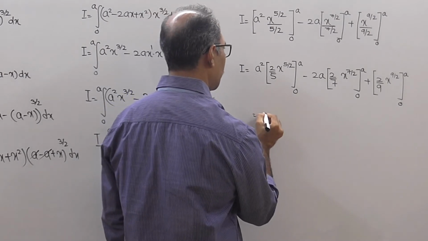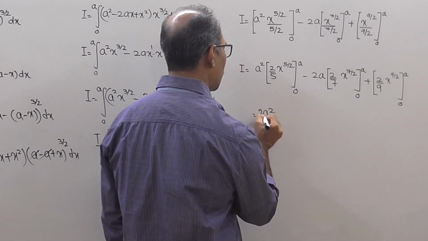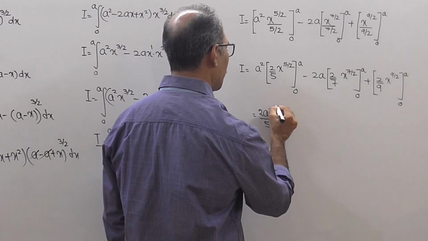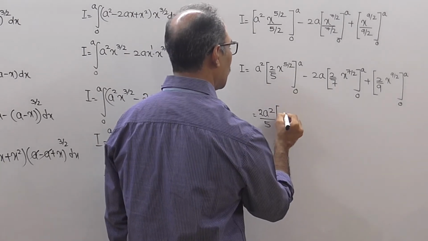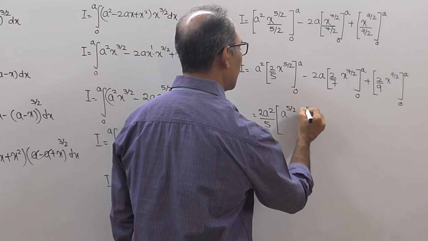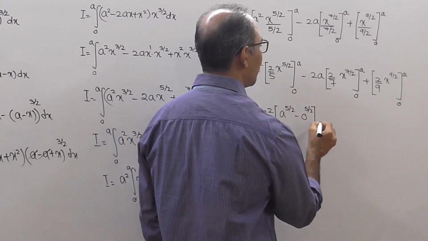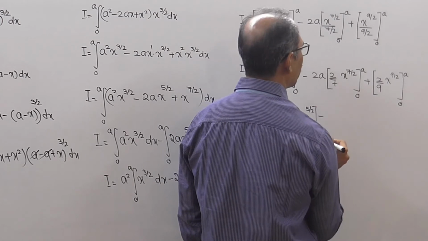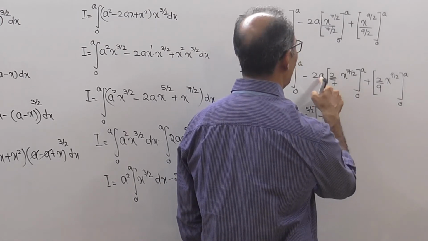So this is 2a square upon 5. Upar ka value pehle dalo toh you get a raised to 5 by 2 minus neeche ka value, base ka value, 0 raised to 5 by 2 minus, open this, you get 2a into 2